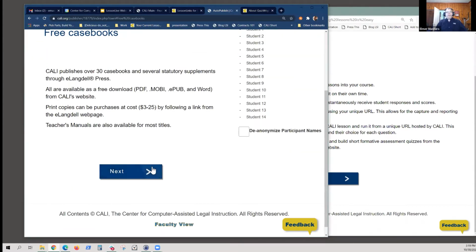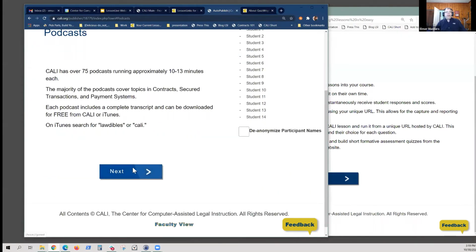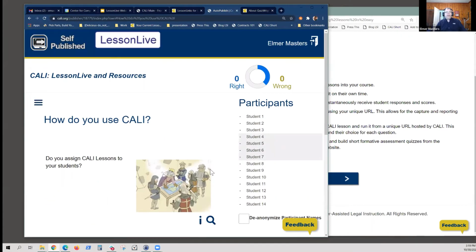And one of the things about CALI lessons is often there are text pages that are explaining things to you, and so there can be a fair amount of reading involved, and then we get to the